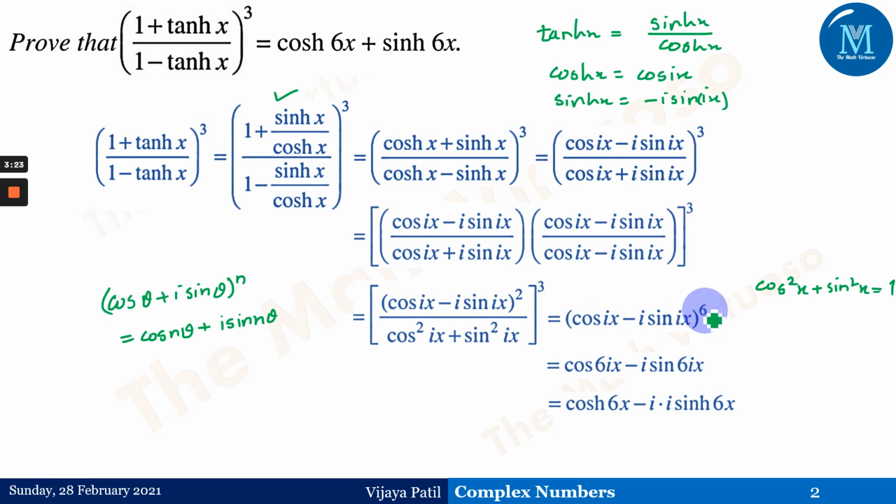So to the power 6 will come in the angle with cos 6ix and sine 6ix, which would give us cos hyperbolic 6x minus i into sine 6 times ix, which is nothing but i times sine hyperbolic 6x. This is because of the particular formula which we have written here. Because of this we have got this identity. Then i square would give us minus 1, so we have minus 1 here, and we'll be getting it as plus. So cos hyperbolic 6x plus sine hyperbolic 6x would be the answer for this question.